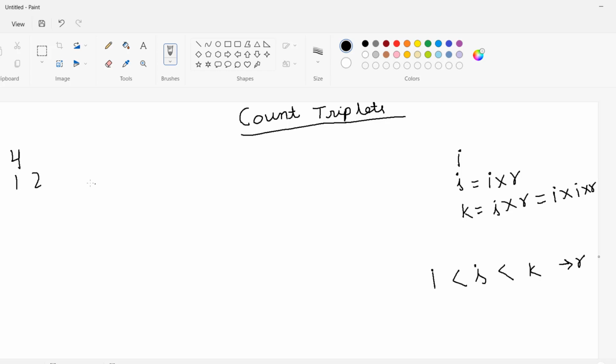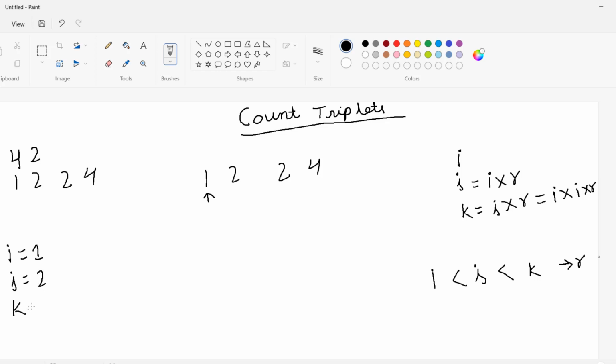1, 2, 2 and 4. So I can see that, let's say I will consider the first value i as 1. Okay, this is the first value, so I consider this one as 1. So if i equals 1, then what will be the j? For j we need the common ratio. The common ratio also we will get as an input. Let's say in this example the common ratio will be 2. So j will be i into r, so 1 into 2, so j will be 2,